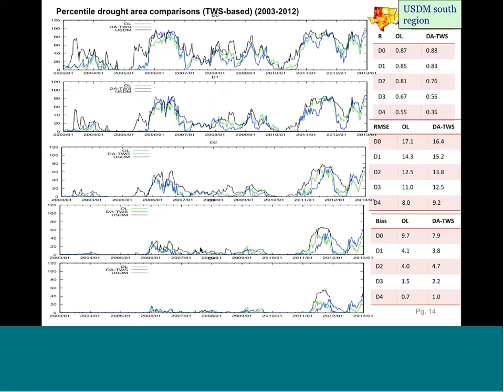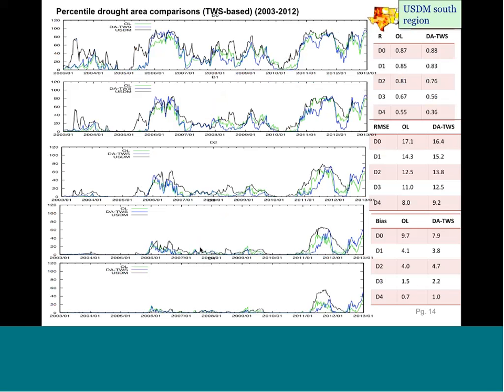Okay, finally, getting to the drought, these are the last couple results. The percentiles here, just like I showed you before, except now these are from 2003 to 2013. And the only thing to notice here is that the open loop is green, the terrestrial water storage assimilation is blue, and I think the biggest thing compared to the previous results is that the change due to terrestrial water storage assimilation is quite large compared to the open loop.